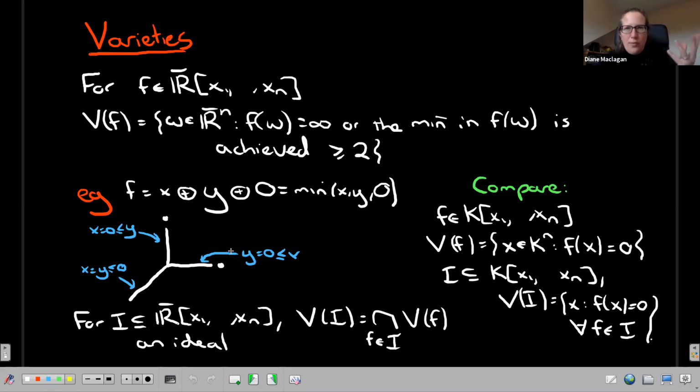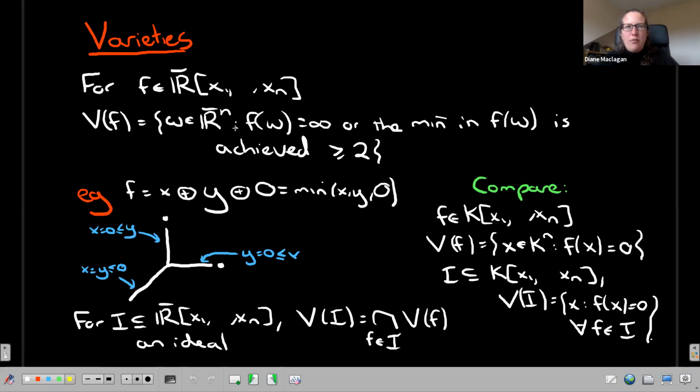If we have more polynomials, then in classical algebraic geometry, an affine variety is just the common solutions to a collection of polynomial equations. Often you package this into the ideal they generate, so I will be an ideal in my polynomial ring. The variety is just the common solutions, the set of x for which f of x equals 0 for all f in I. From a tropical point of view, we're just going to define the variety of I as the common tropical solutions. This is just the intersection of the tropical hypersurfaces for every f in the ideal.